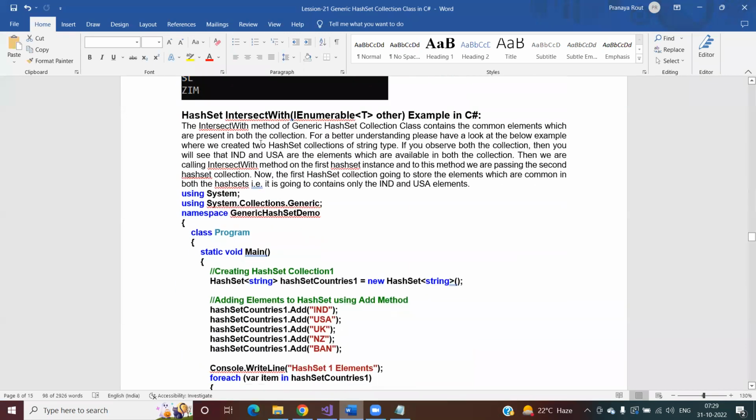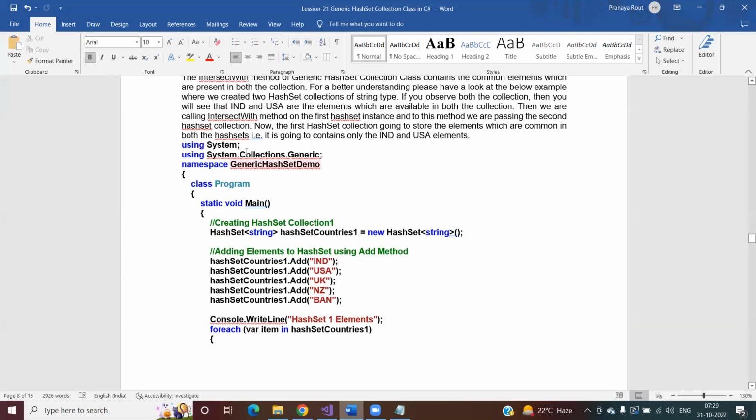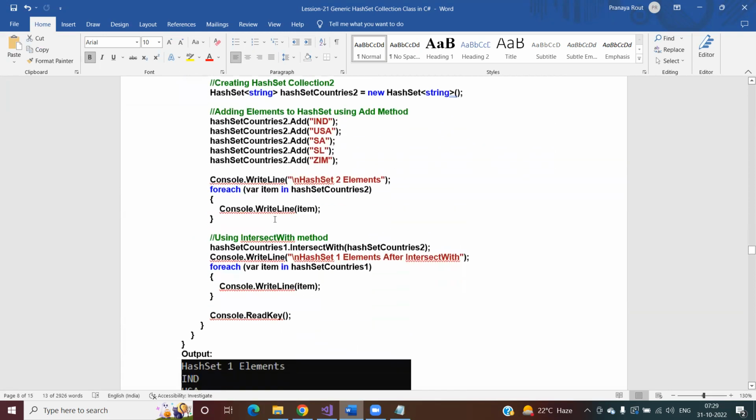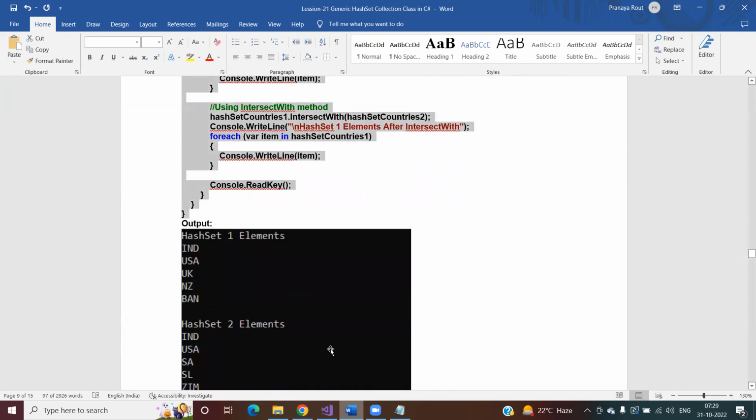Now the second set operation we are going to discuss is intersect with. We have discussed union with, now we are going to discuss intersect with. Can anybody tell me what is the meaning of intersect set operation? When you have two sets, whatever is common between the two sets, that is given. Exactly, absolutely correct. The intersect method of generic HashSet collection class contains the common elements which are present in both the collections, and that is going to be returned by the